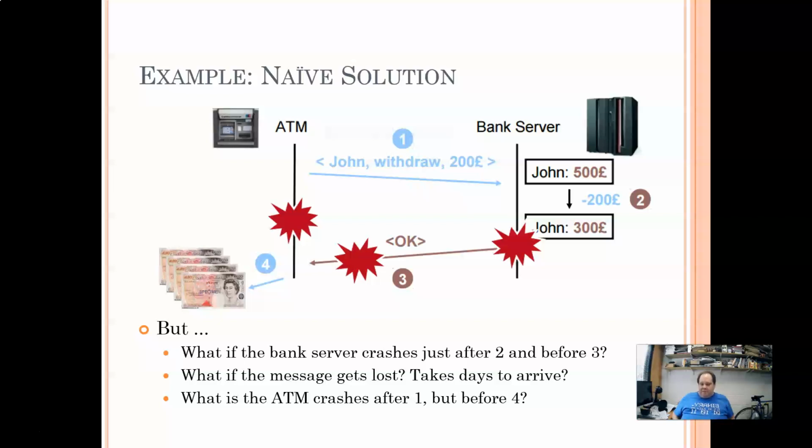From the service side of things, it has made the deduction, but the ATM doesn't receive the reply. This means that the ATM will probably time out. That's the solution. But it'll time out and tell the customer, sorry, you can't have any money because I timed out. But when I try to go in a second time and try to withdraw the money when the ATM